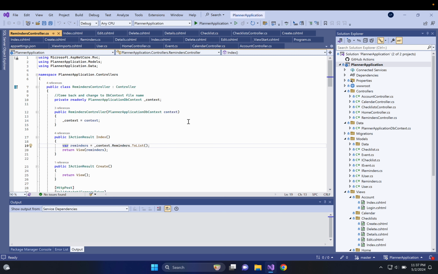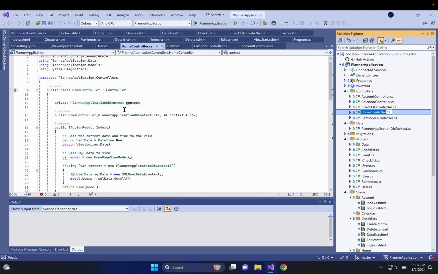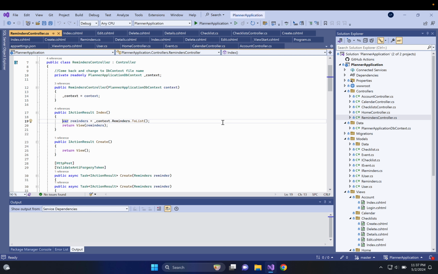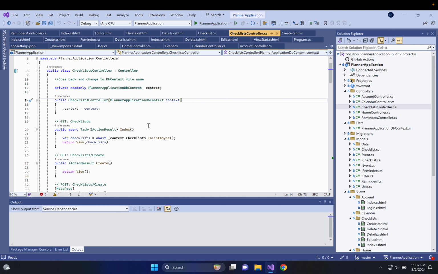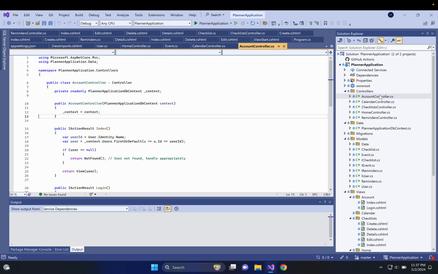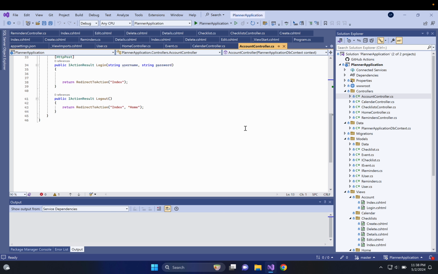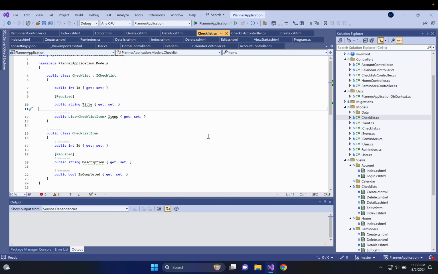So back here we have controllers. Here's the home controller that has connections to the DB context file that we created for the SQL Server database stuff. I've got a reminders controller that'll handle connections with that, and then the checklist right here. We did have a controller for account so you can sign in and stuff, but we didn't get around to actually implementing that. And then we have some models for the checklist right here, as well as for reminders,